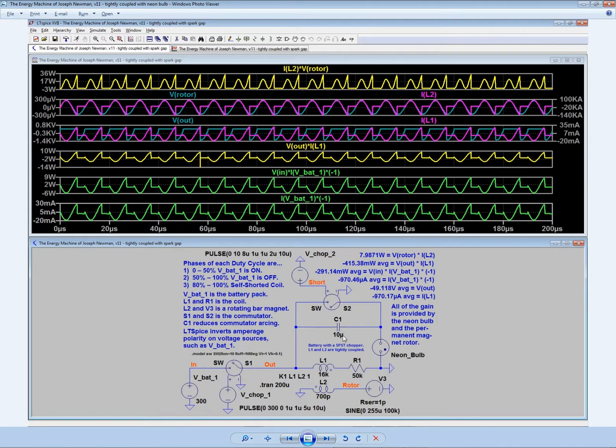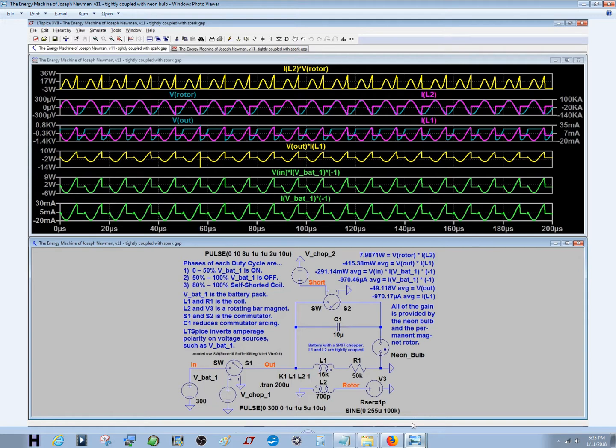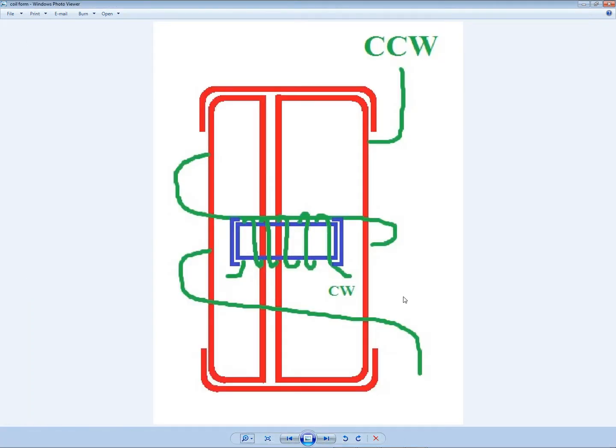Now, I could only do this modification with a neon bulb using a tight coupling, and I will explain how I think we can provide a tight coupling and not worry about the possibility that this arrangement may be a loose coupling. And the way we get out of that is by taking Vinny's advice. Now,